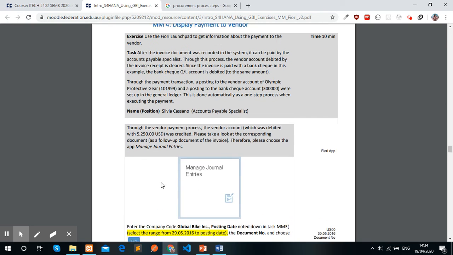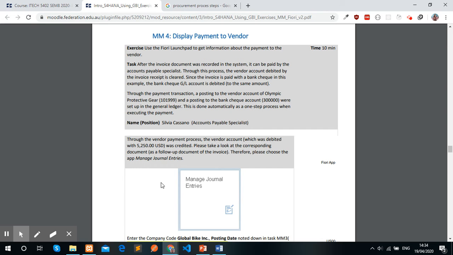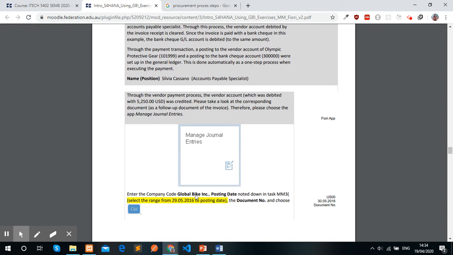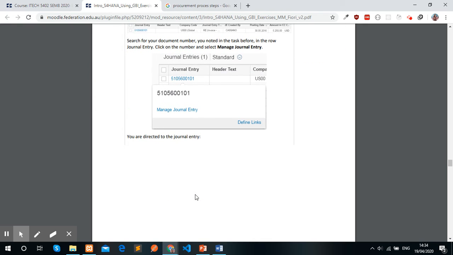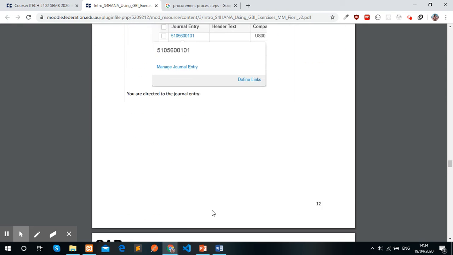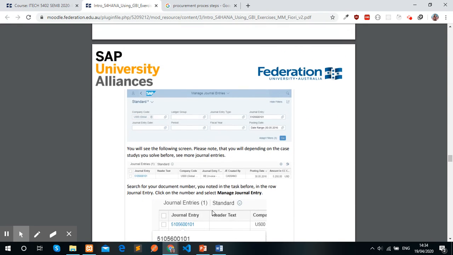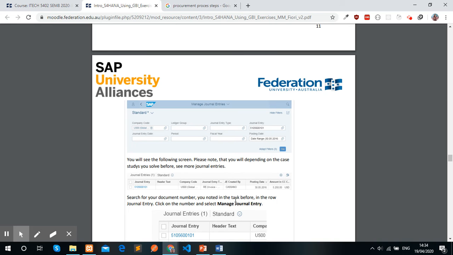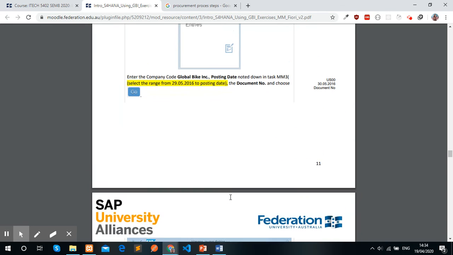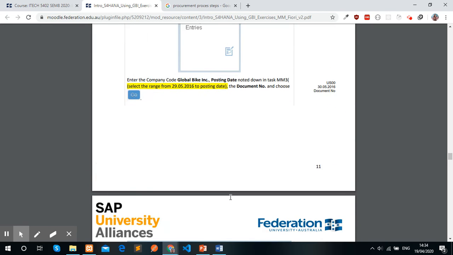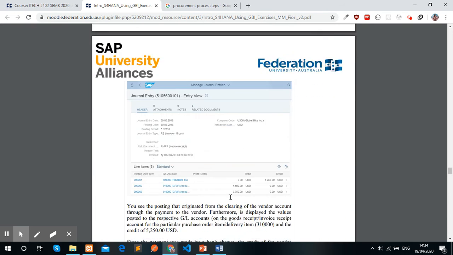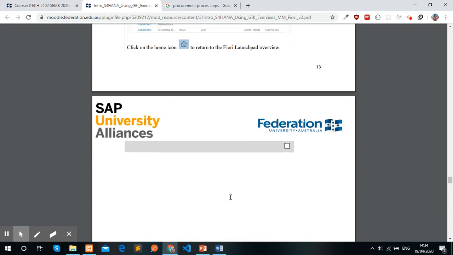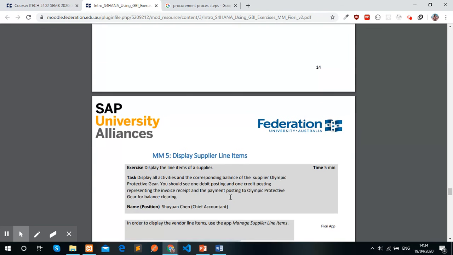To overview the payment, we can use the Manage Journal Entries app of the SAP, through which we can view all the journal entries, and we can also see the posting dates, the posting date for the general account, and also the related documents of the payments.